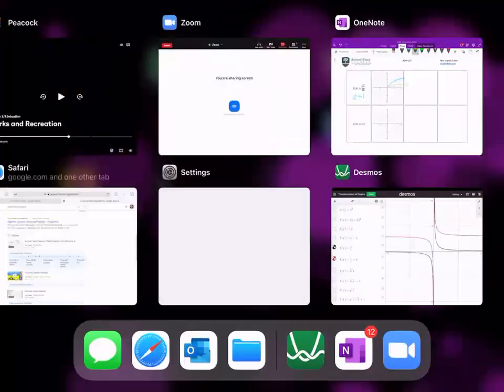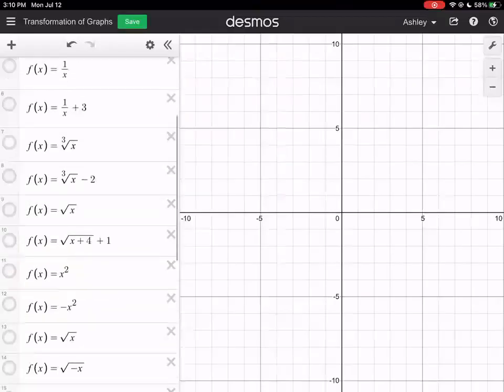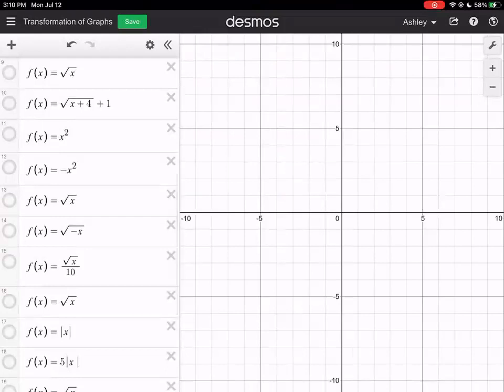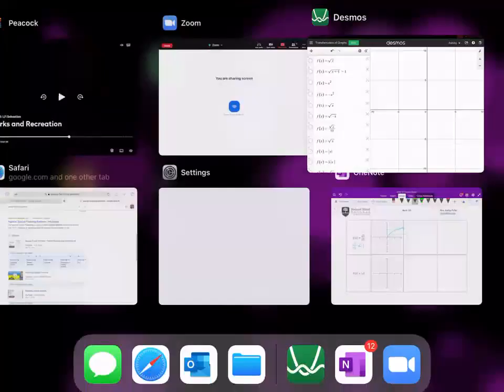Again, if we go over here to Desmos, I can jump down to where we have the absolute value of x, and then I can multiply it by 1/10 and see that it does indeed shrink vertically. The last one I want to look at together is one where several things are happening. So we're going to jump down to